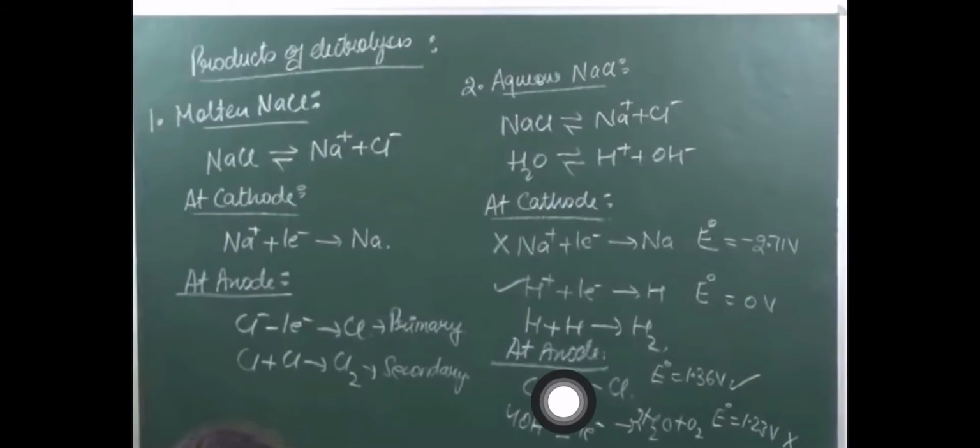So you can remember one thing, that at the cathode the value which is less will be participating, and at the anode the value which is more is going to participate in the formation. Understood? Which is less from these? Obviously you will say this, but here we say that it is more in the negative value. We need to see that also. So in the cathode this will come, and in the anode the more positive value will come.